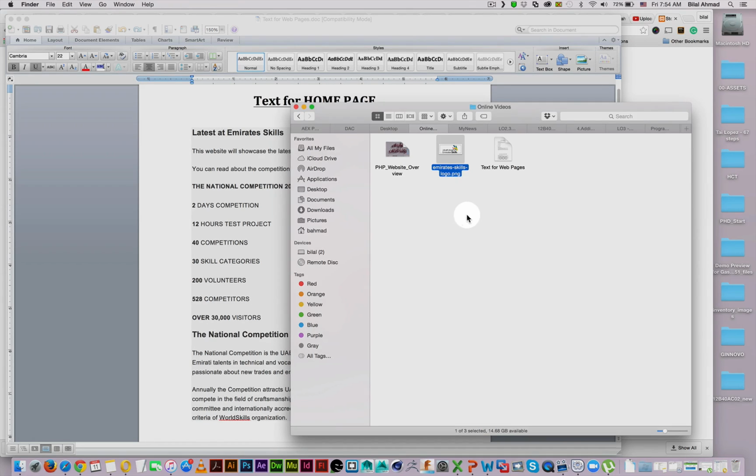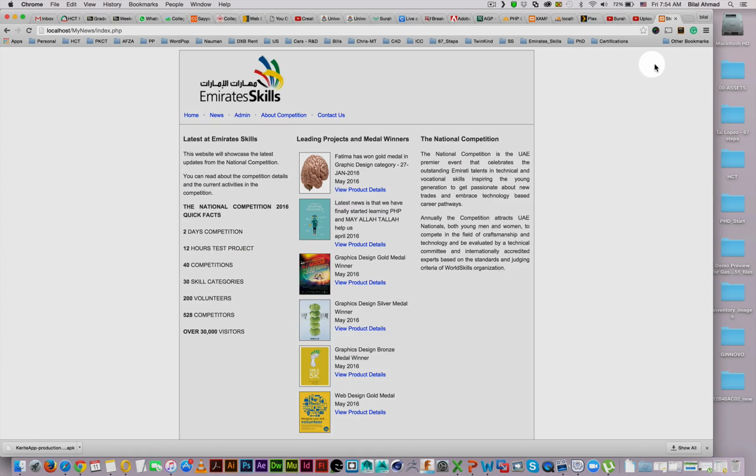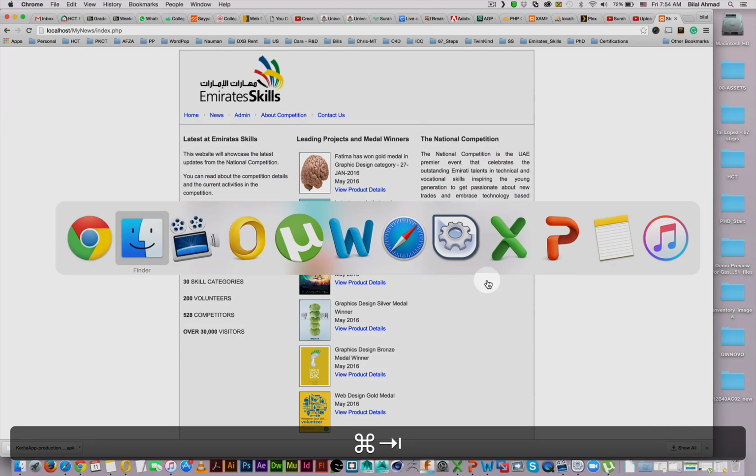So today I'm going to start coding with you the basic design layout of all the pages which we are going to make for this PHP website, and those pages will include this home page design. All the text which I have used over here in this column or in this column is available in